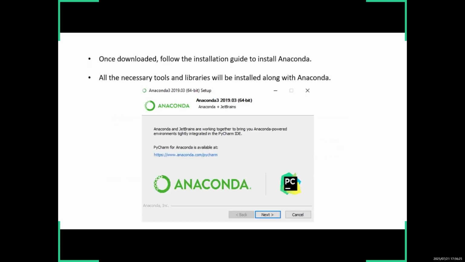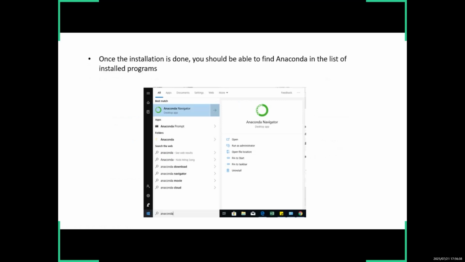Once you download, you can double click on the setup and then click next, simply. If you have your setup with you, you can start installing this one. Once your setup is finished, you can go into your search bar and type Anaconda Navigator. Then you will see